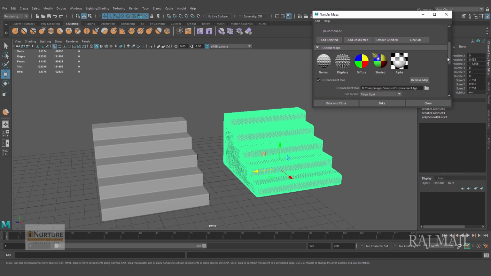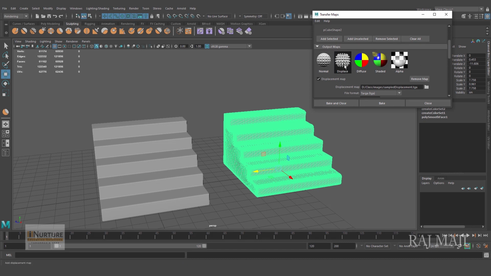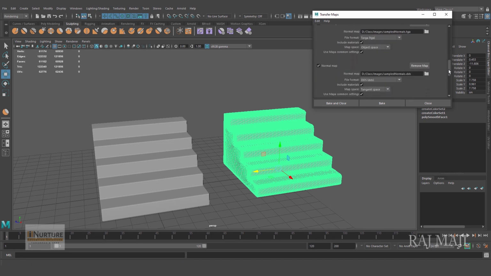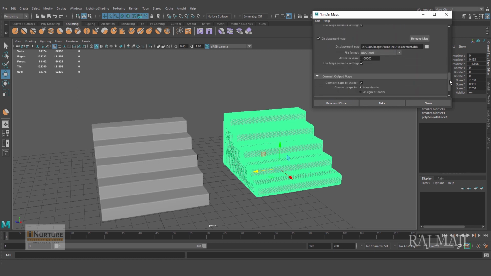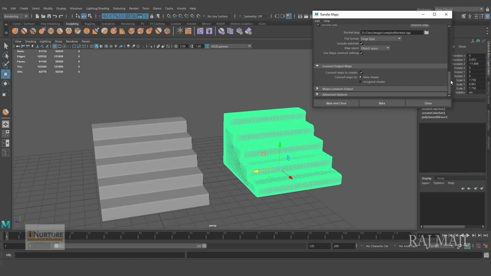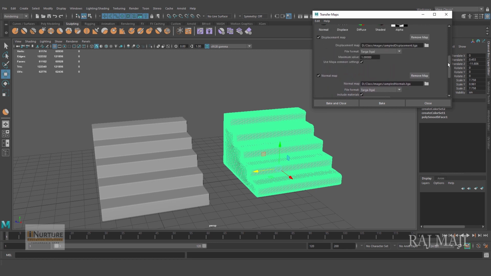Alright, and now what are the maps we need? We decided we are going to use normal map and displacement map. So let's check. I can see two normal maps, so remove one. Alright, I took double. One displacement map, one normal map, and what should be the setting? The file format by default, I guess, will be DDS. So DDS will be the default file format.